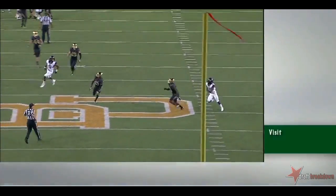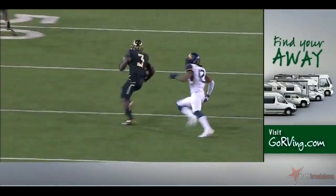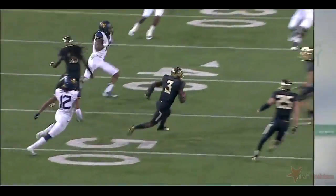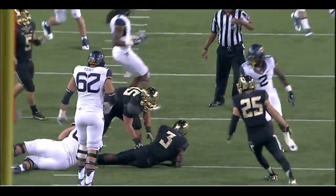Well, you know what? Eventually you're going to get picked off as well. I mean, he's thrown those balls with a lot of air, allowing his receiver to run under it, and he's trusting that he's going to